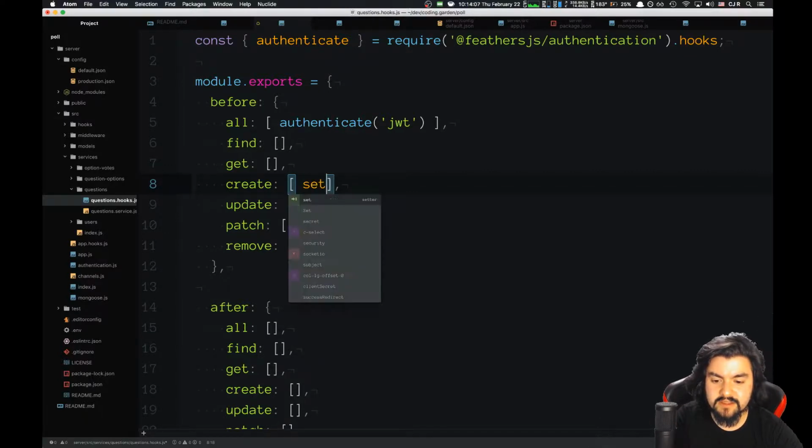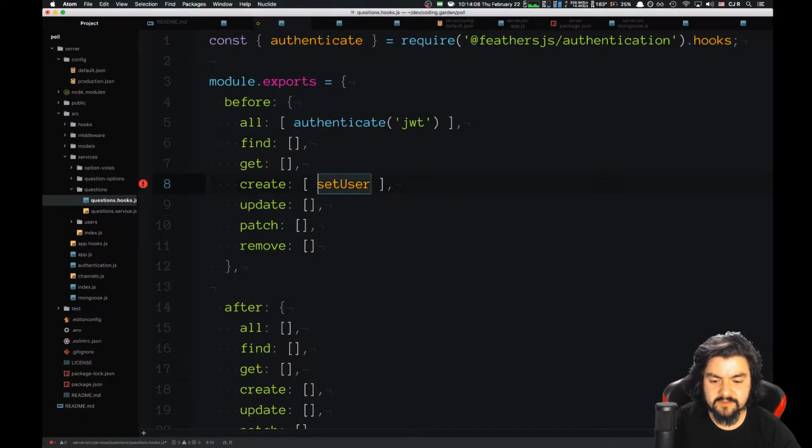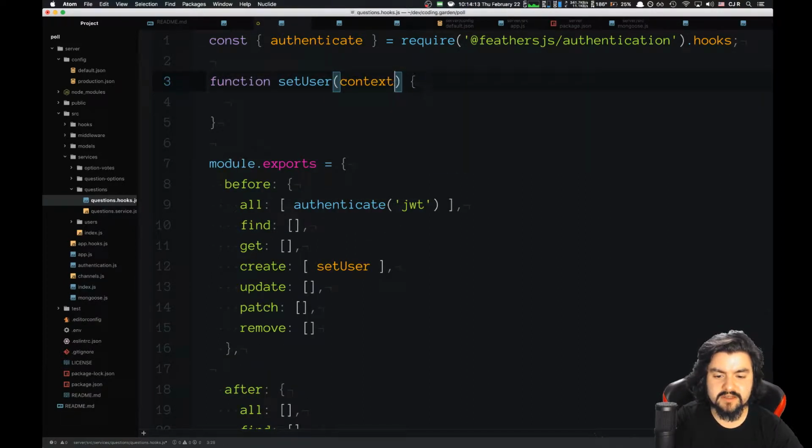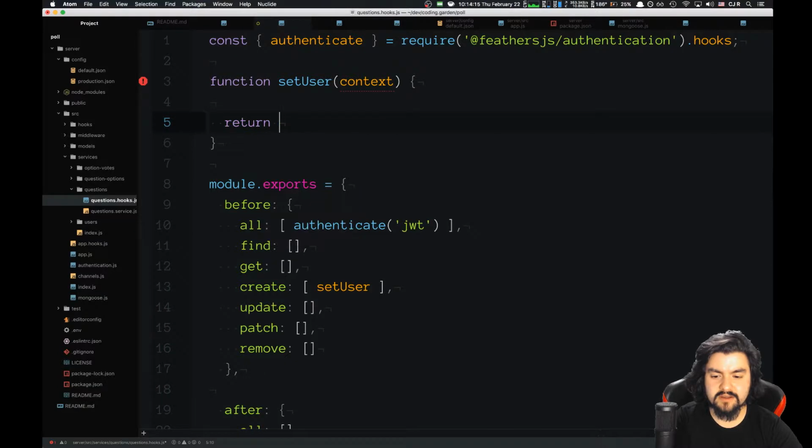So I'll say set user. We'll create this function. So here I'll have a function set user, takes in the context, returns the context, but